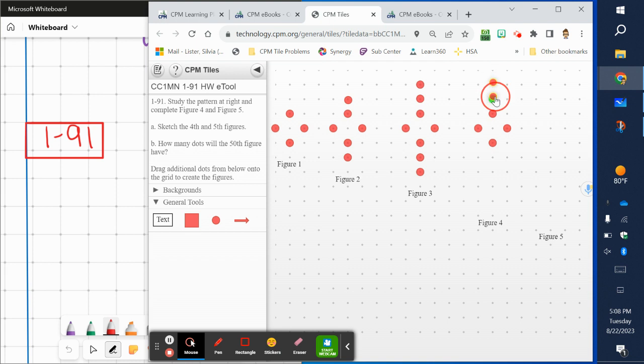So I can just copy down this next picture so that it looks like figure 3. Now the catch is I got to figure out what figure 4 is actually going to look like. So it looks like that this top part